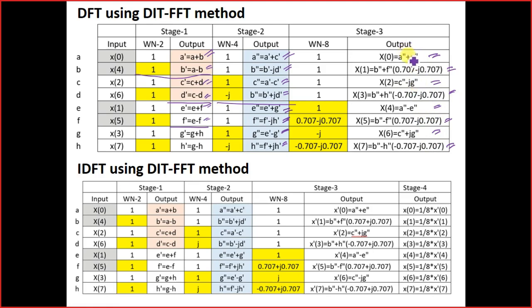So how do you do it? You first calculate x0 and immediately you calculate the x4. Okay. You don't wait, you don't go in a serial manner that you'll be calculating x0, x1, x2, x3. Don't do that. Because what happens? Across this line, from where your twiddle factor starts, the upper one fills up, lower one fills up. You will be able to keep a track easily. Okay, you will be easily able to track.